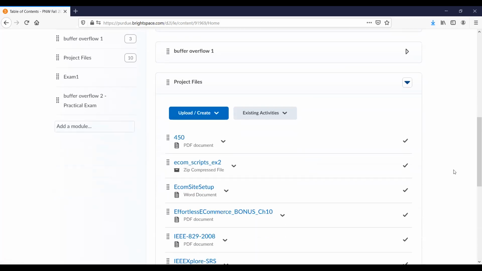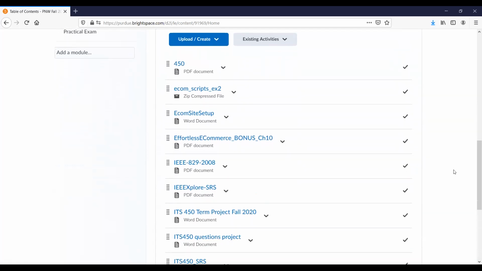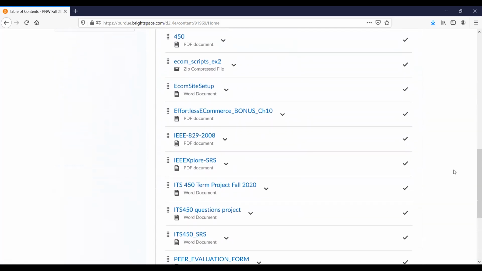All right, so if you look at the project files here, there's a lot of files in there. So what are we going to do? You're going to build an e-commerce website. Now, when I say build, I'm misspeaking, because I give you a scenario. The scenario is this. A company was developing an e-commerce website. They're a company that sells some product. They were building that e-commerce website, and